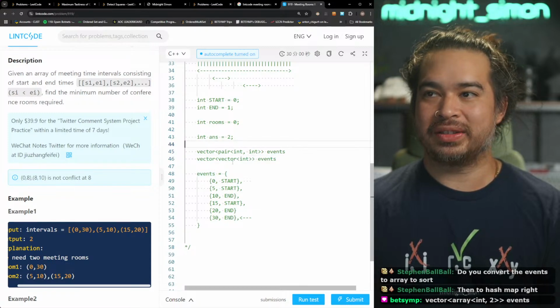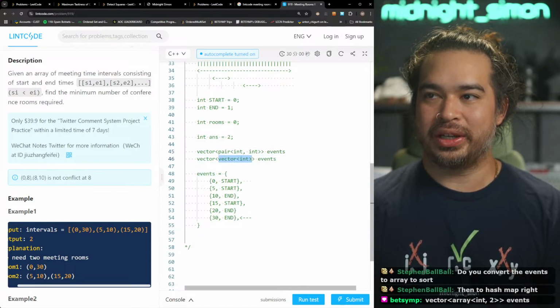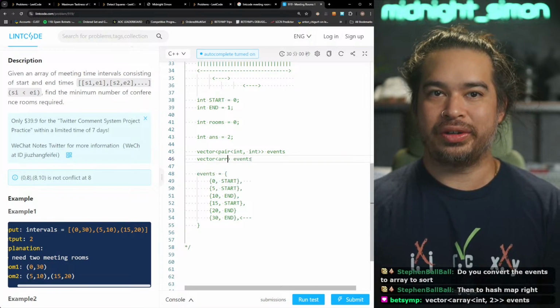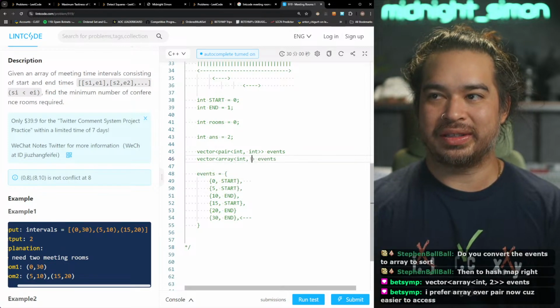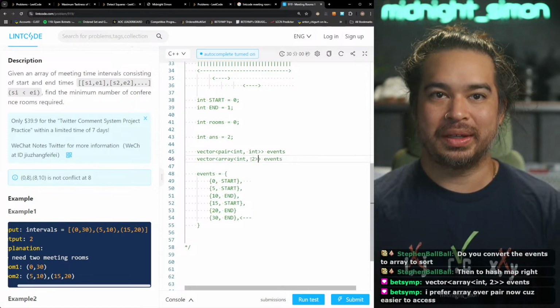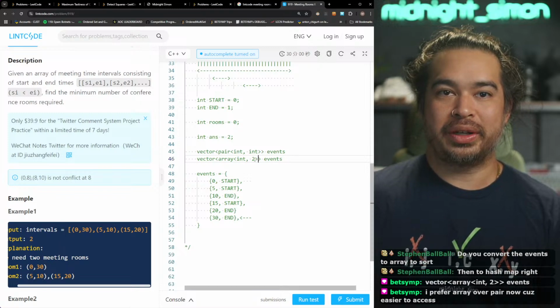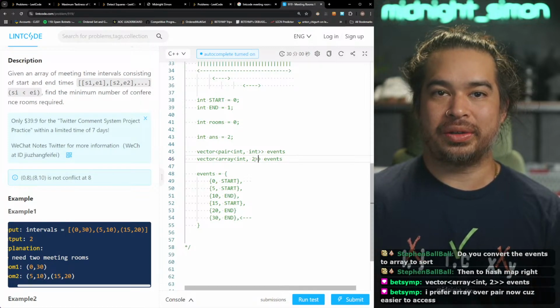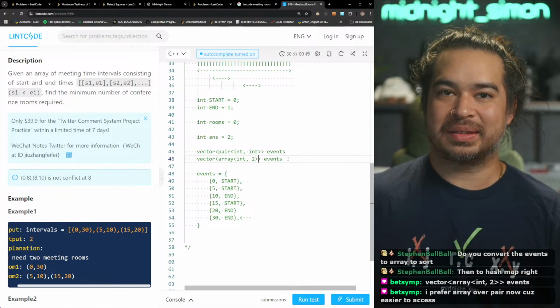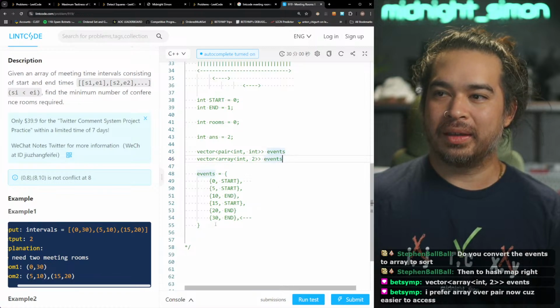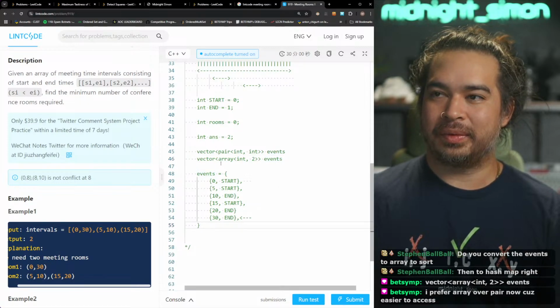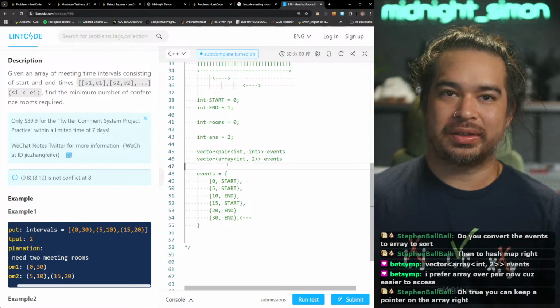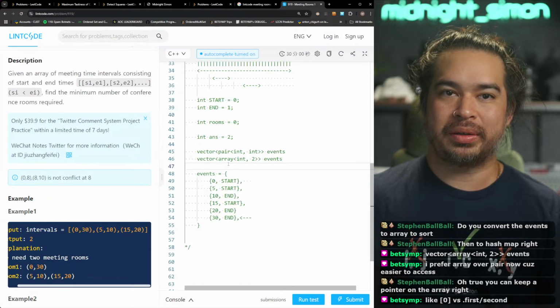Oh, BetSimp likes to use a vector array of 2, but I don't even really know my array syntax like that, man. I prefer array over pair now because it's easier to access. Well, I guess you can keep a pointer on the array, right?